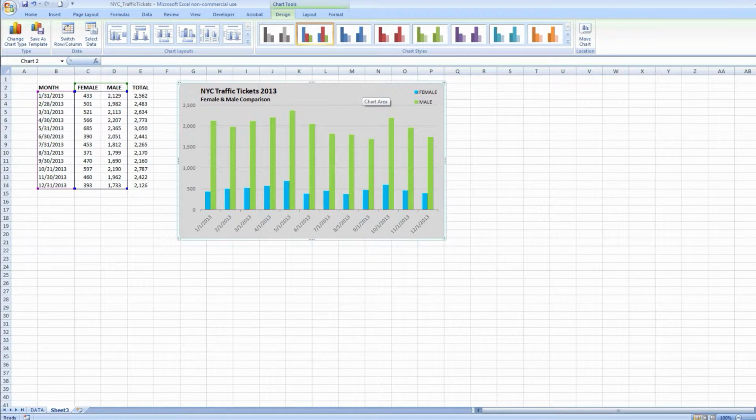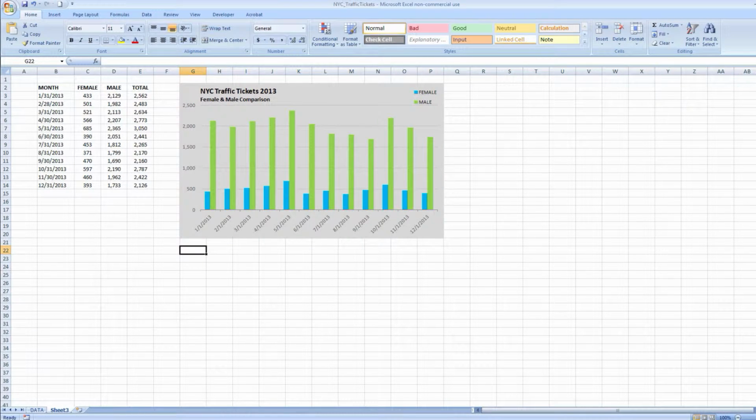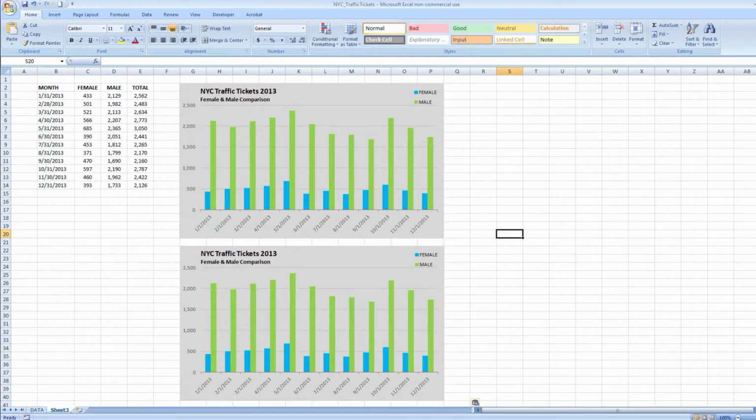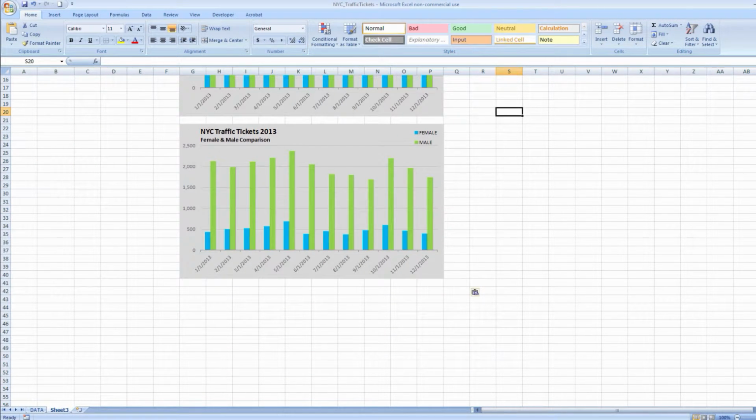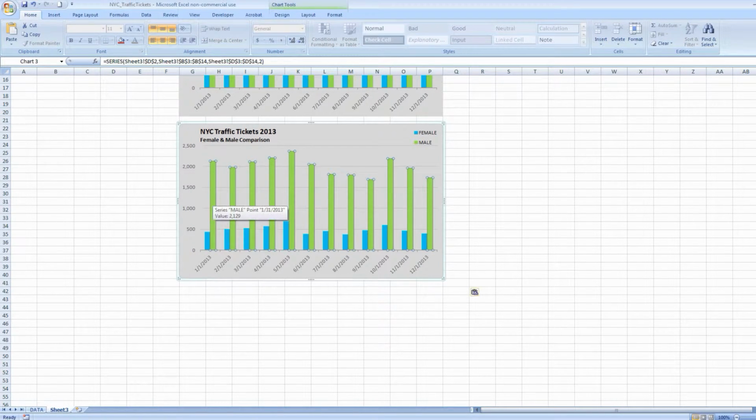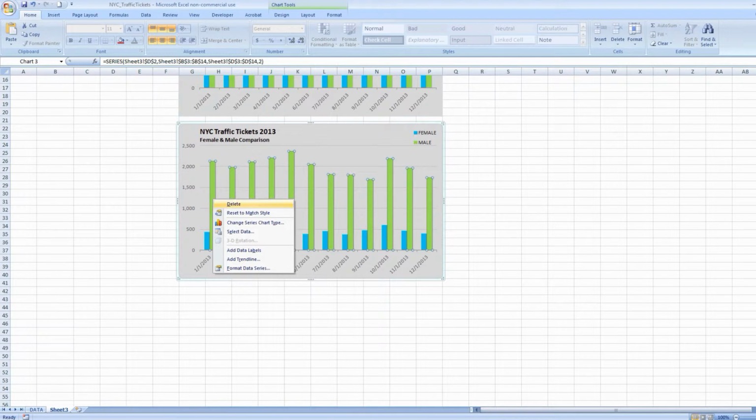Control C to copy it, or you can also do this through the right-click copy. And what we'll do is we'll come down here and we'll paste it underneath. Control V, or we can use again the right-click paste. What we'll do first is click on the male green data, and we'll right-click, and then we'll go Change